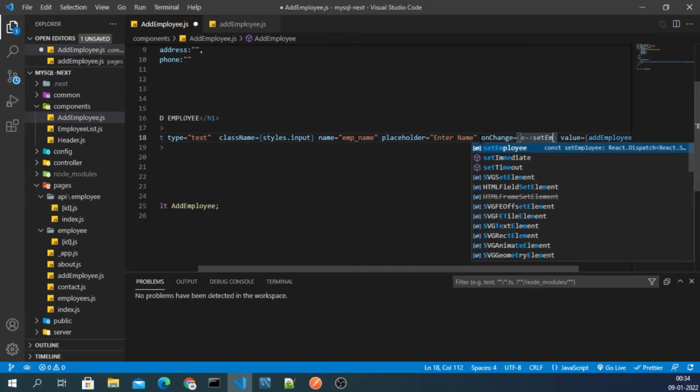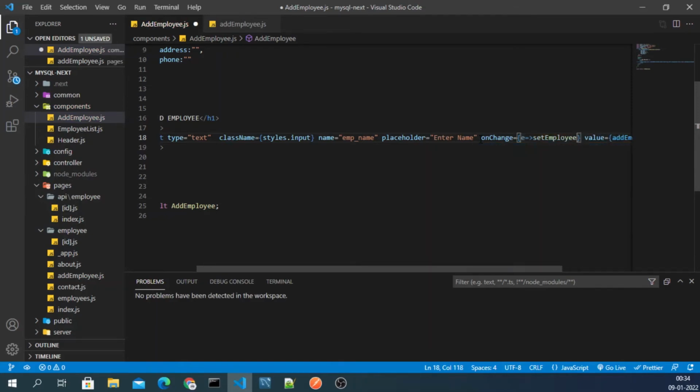Set employee something like this, and then you will have two things here.